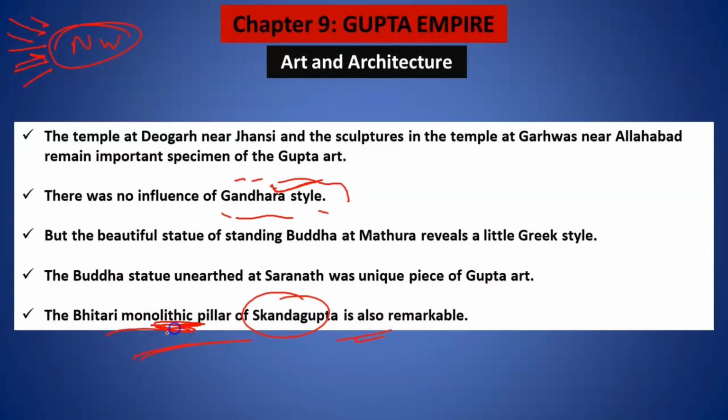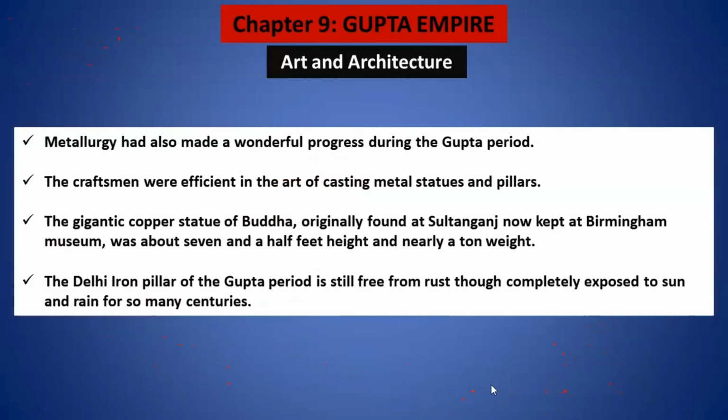For those of you who do not know what monolithic is, anything that is carved out from a single stone. जो भी चीज सिर्फ एक पत्थर, मान लीजिए एक बड़ा सा पत्थर है, इसी को तोड़ तोड़कर अगर हम जो भी बनाएंगे, that will be called a monolithic. मोनो means single, लिथिक means stone. That is carved out of a single stone. Hope this point is clear to all of you.